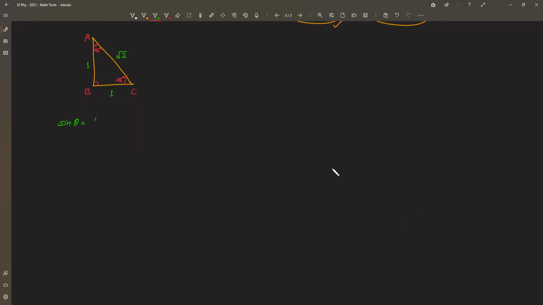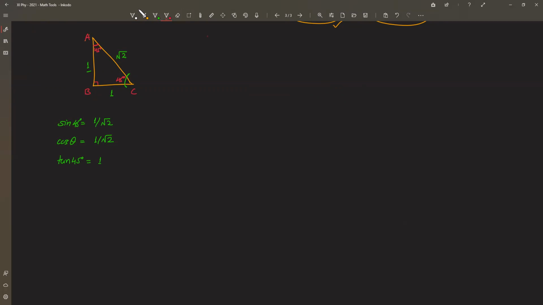So from here we derive the expressions for sine theta. Sine theta is opposite, that is 1. Theta here means 45-degree. If you take any one of these two 45-degree angles, sine will be opposite, that is 1, divided by hypotenuse, that is root 2. And the same thing will be with cos theta as well. Even cos theta will be 1 divided by root 2. And that's why tan, which is sine by cos, is 1 by root 2 divided by 1 by root 2. Both are the same, so that's why it will be 1. And then you know how to find the others. So that was about 45 degree.